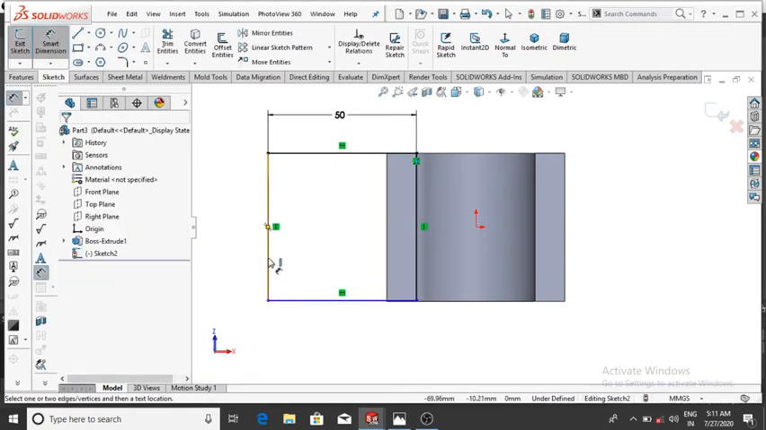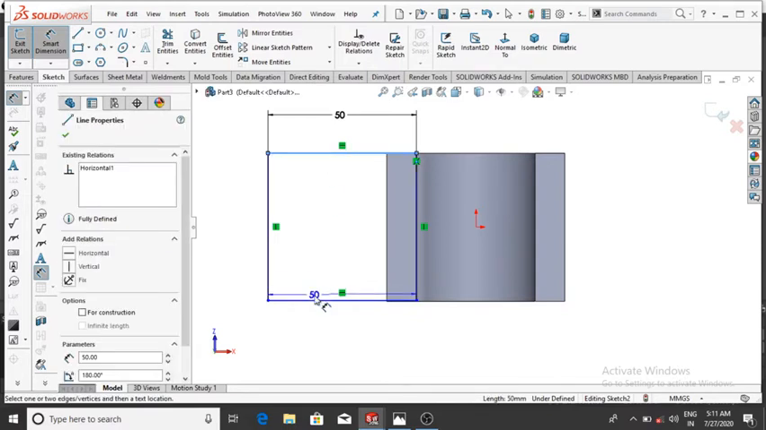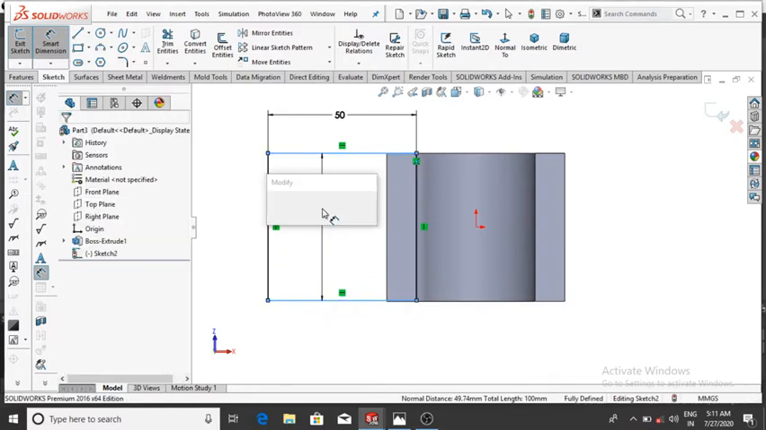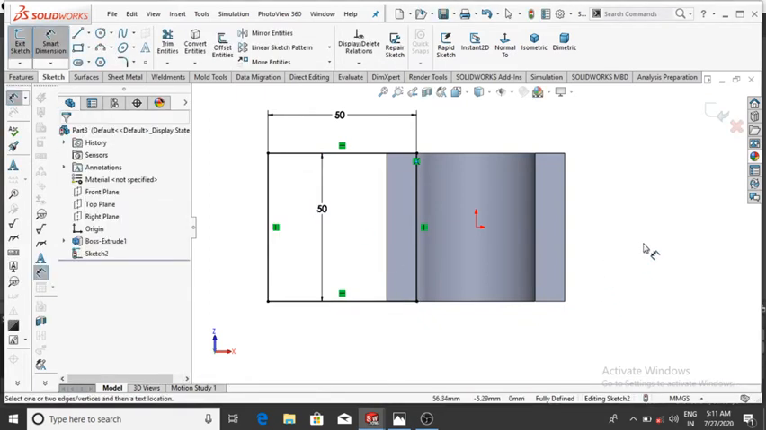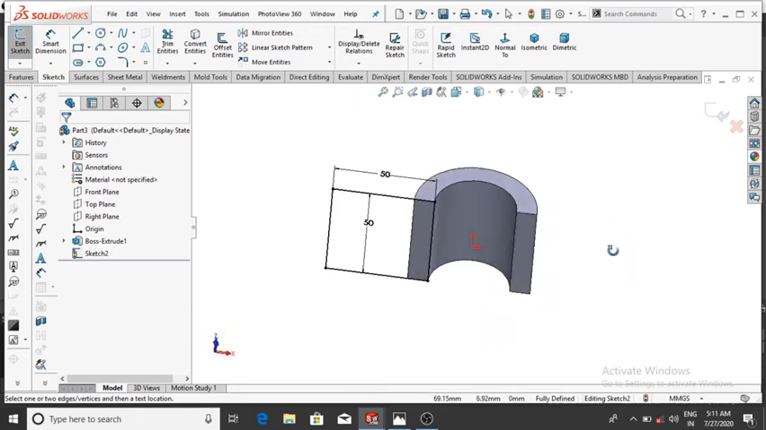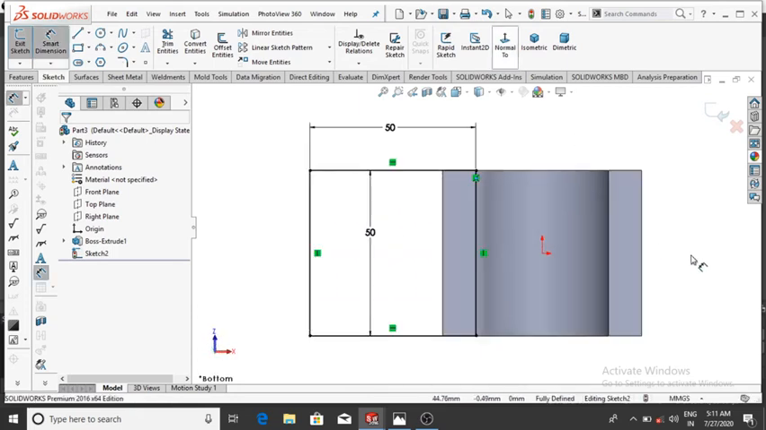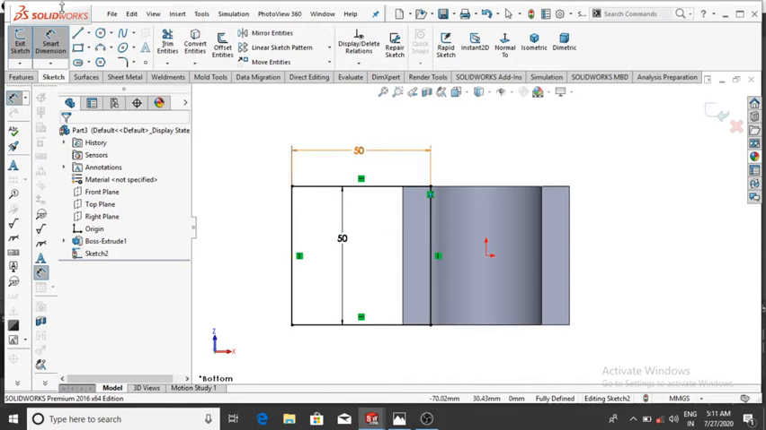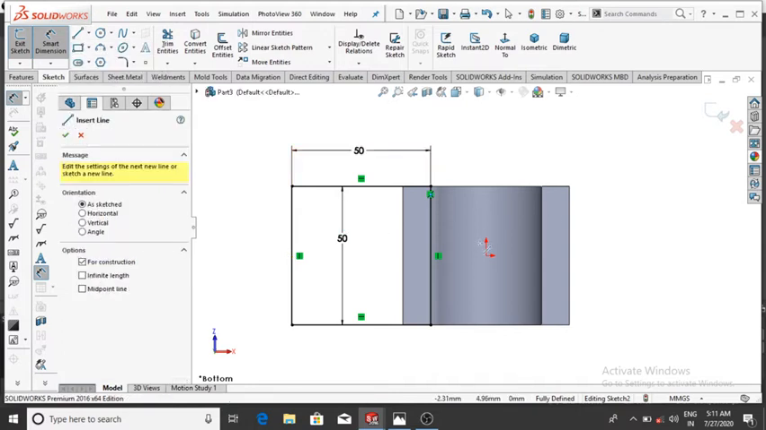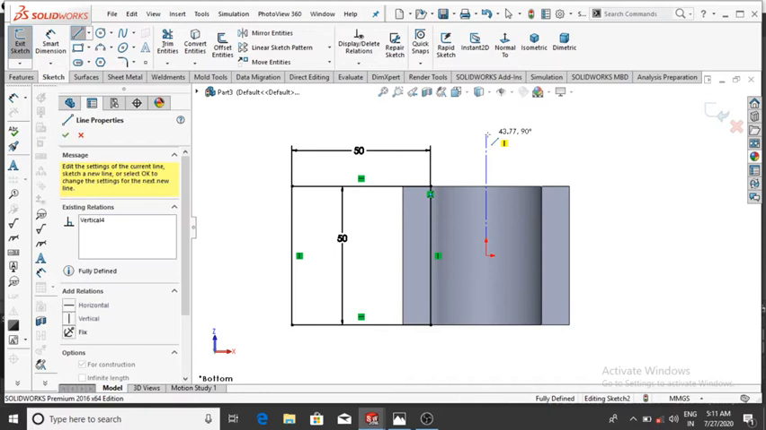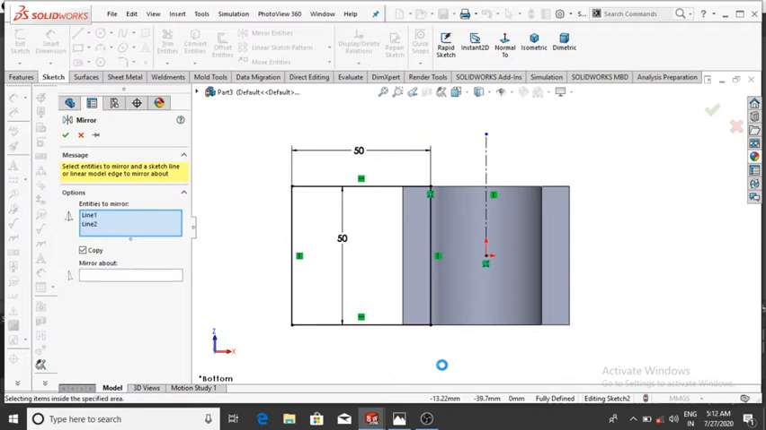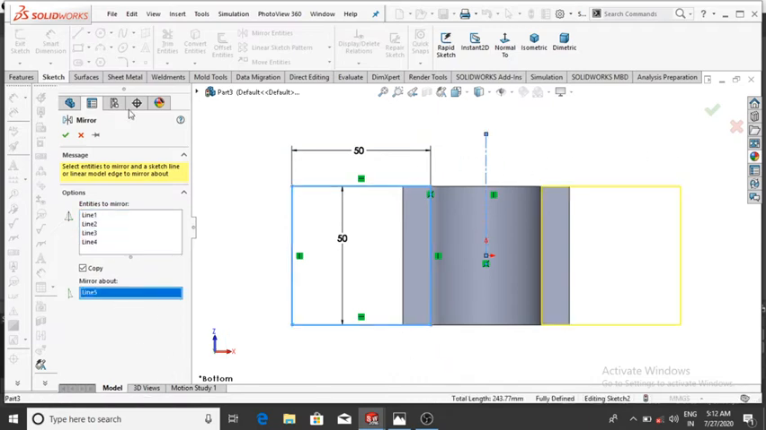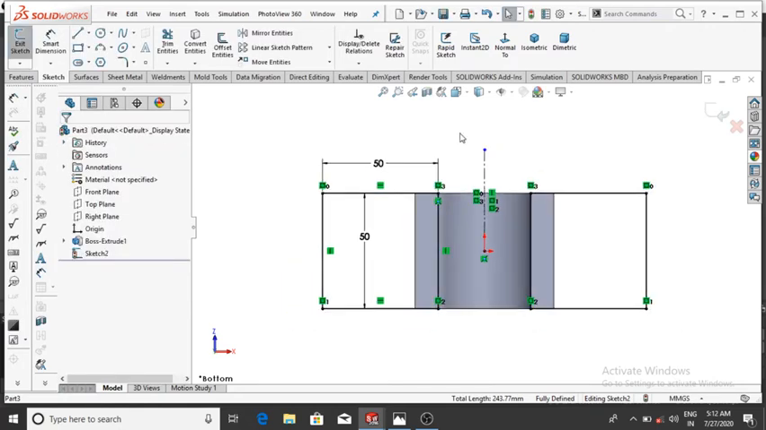and this will be also 50 mm. So select 50 mm, then OK, and now make the mirror to this sketch. So simply select center line and make it, and go to the mirror entity, select all the sketch and mirror about this line, then OK,